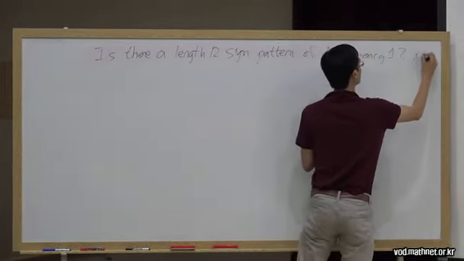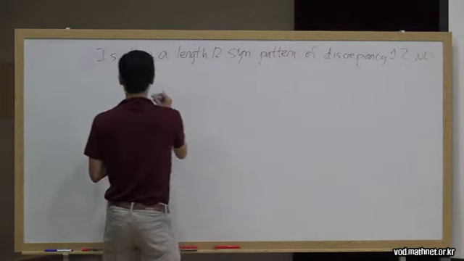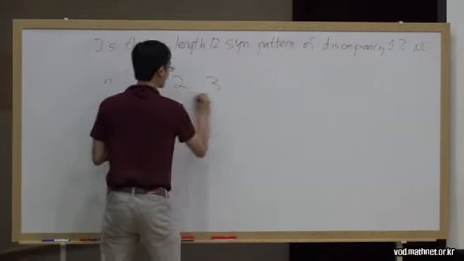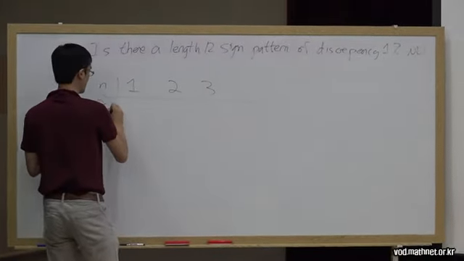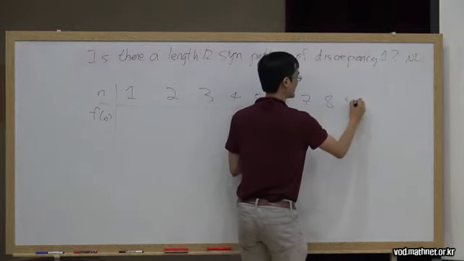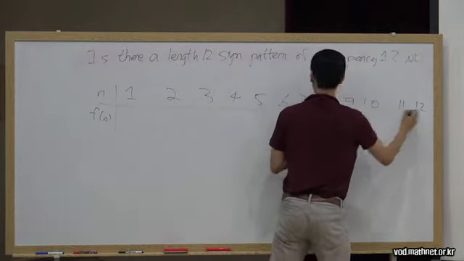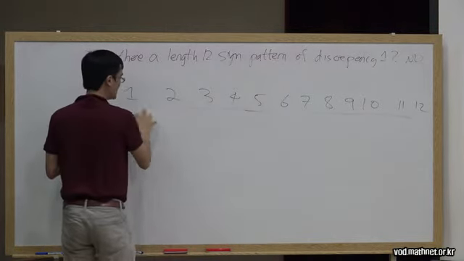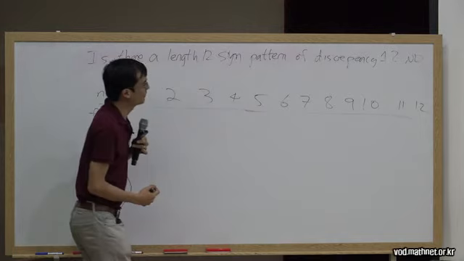And the answer is no. Let me do a little table here. What is a sign pattern? You have 12 numbers. Do I have enough space? Okay, barely. And you want to fill in these boxes,